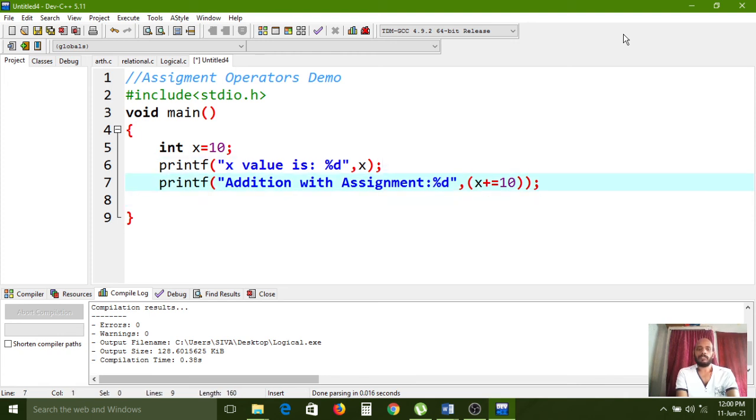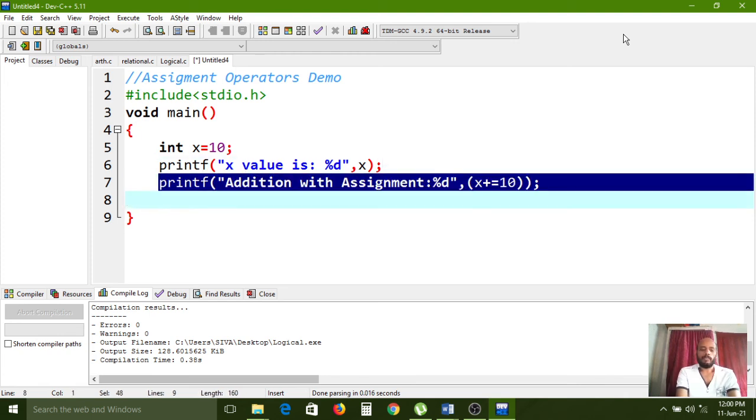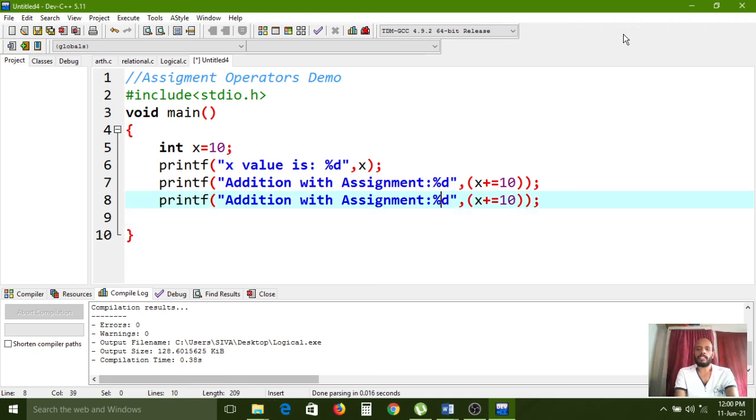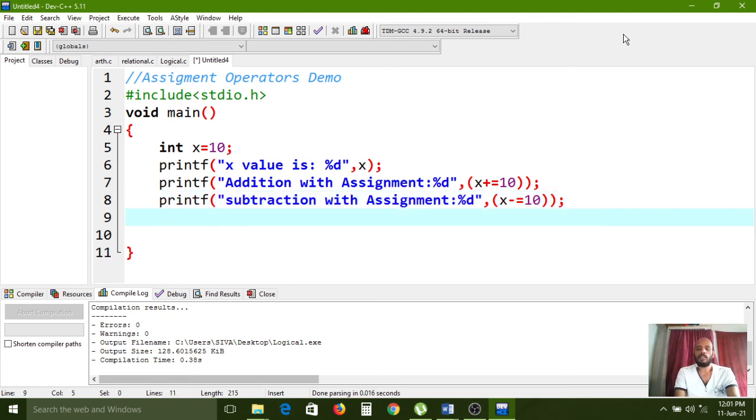Now we have to see one more statement. Addition with assignment is over, and subtraction with assignment we have to see right now. Here, instead of the plus operator, I am changing to the minus operator. This is subtraction with assignment operator. Again, I am pasting one more printf statement.